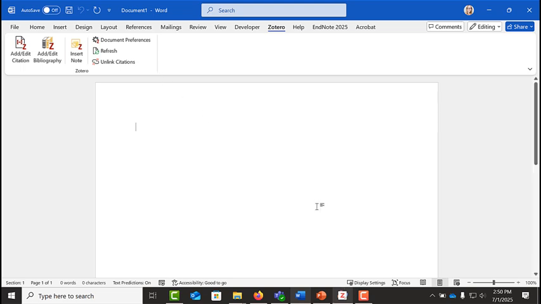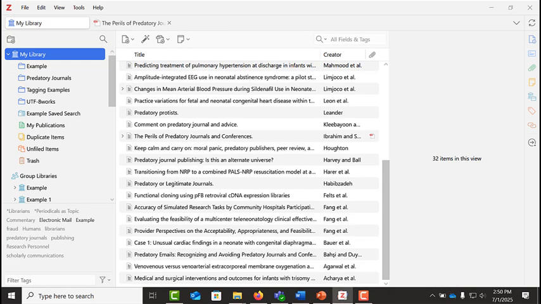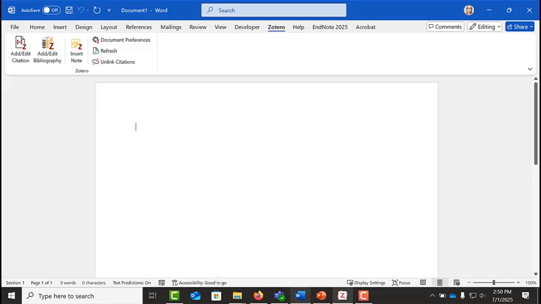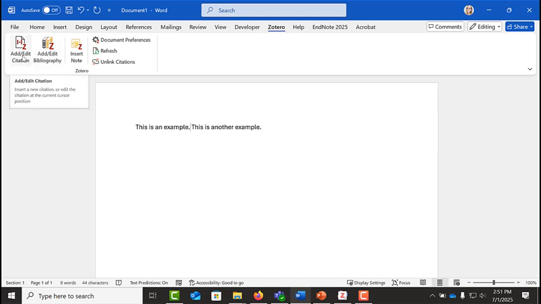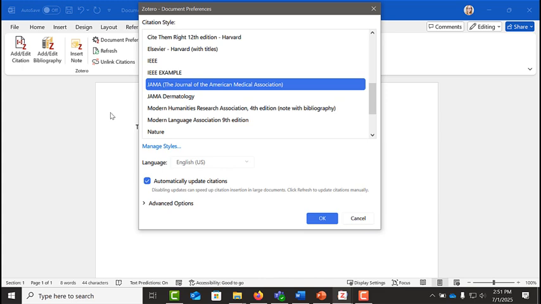In order for the plugin to work, it's usually best to have the desktop version of Zotero open and minimized in the background. When you have a sentence you would like to cite, you can simply click with your cursor where you would like to insert that citation, and click the Add or Edit Citation button in the upper left-hand corner. If this is the first time inserting a citation into the document, Zotero will ask which citation style you